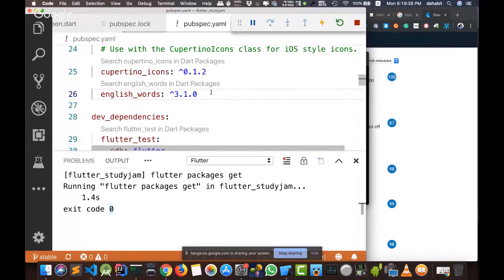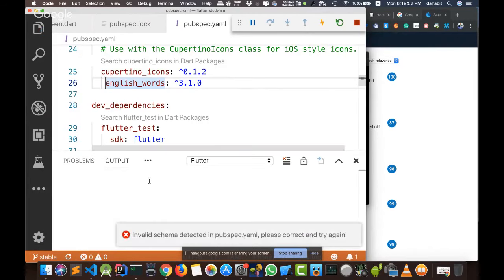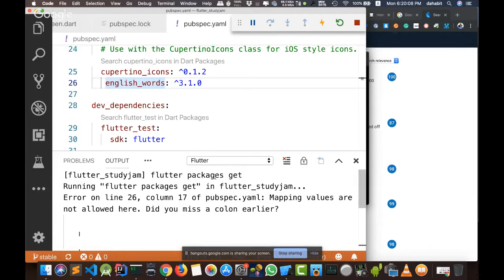One of the most important mistakes for beginners when they start using a YAML file: if I go to the file and make a small space here, and press Command S or Control S, as you can see, thanks to Visual Studio Code, it warns me that there is an invalid schema and it can't run the command. And even Flutter, when it tried to run flutter packages get, gives me an error. Before, it was giving me exit code 0.